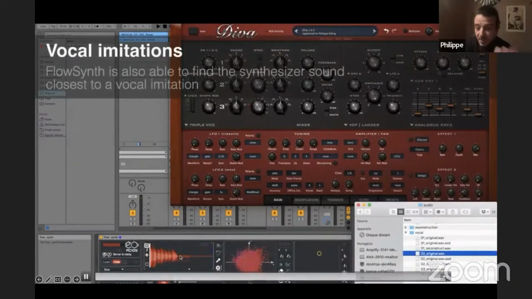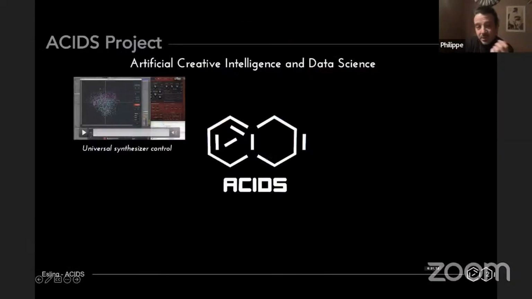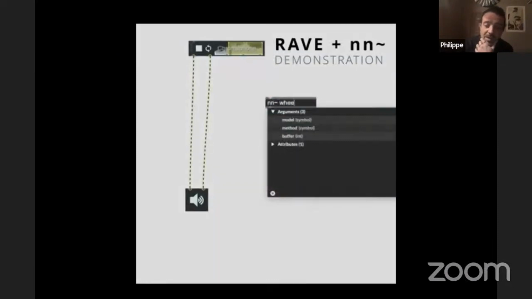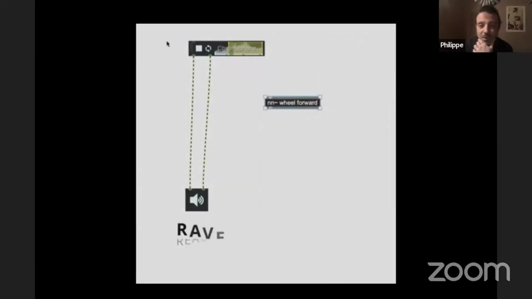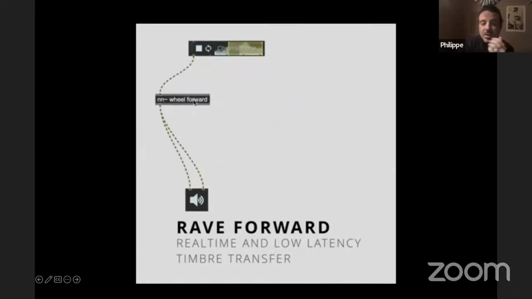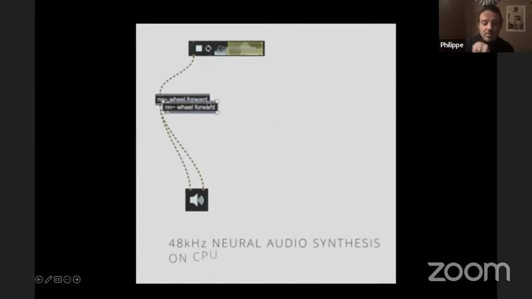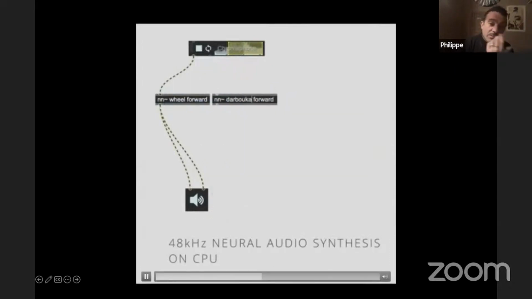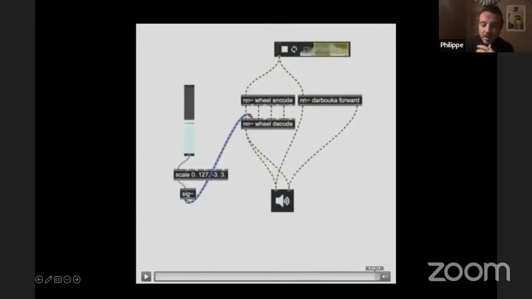Another example that you might have heard of as well is RAVE. RAVE is a case of what we call timbre transfer. It's a real-time plugin where you can put some audio in, and then it will change the audio to a target domain. And you can do that for any form of instruments. And so there is voice and darbuka at the same time.